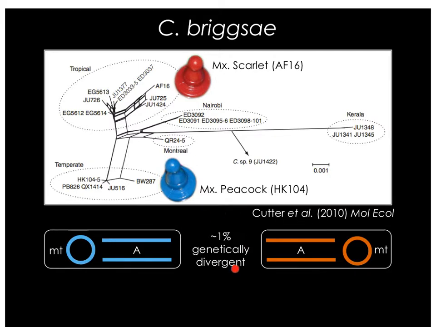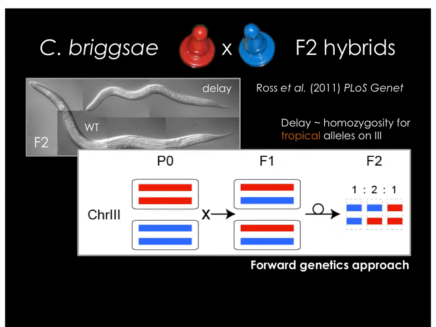They're fertile when you cross them. They're about 1% genetically divergent on average, so about 1 in every 100 nucleotides differs. Is that enough to cause some hybrid developmental dysfunction? And it turns out yes, and a collaborator of ours, Scott Baird, originally noticed this. When you cross Miss Scarlet and Miss Peacock, the red strain and the blue strain, about 20% of their F2